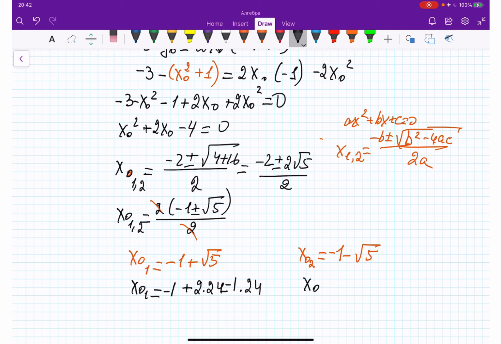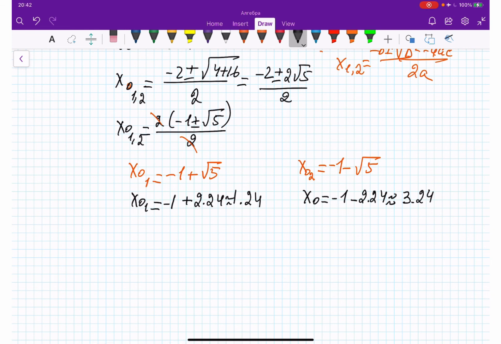And x0, negative 1 minus 2.24, it's approximately going to be negative 3.24. Let me put here also the sign of approximation. Okay, negative 3.24. So, therefore, the points of tangency are going to be